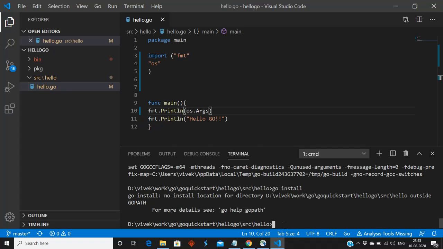For running go install, we need to set the GOPATH.